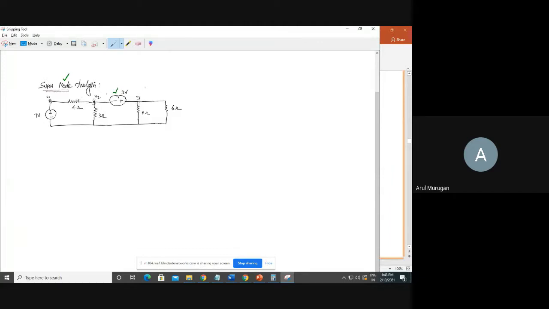Then we will start to write the equations. Who is the plus? Plus is the V3. Then who is the minus? This is V2. It is equal to what value? The value is 3. That's all. So listen, this is the first equation. How do I write it? The plus symbol is near V3, so write V3. Then on the minus side, minus V2, equal to 3. I have written it. The first equation is over.